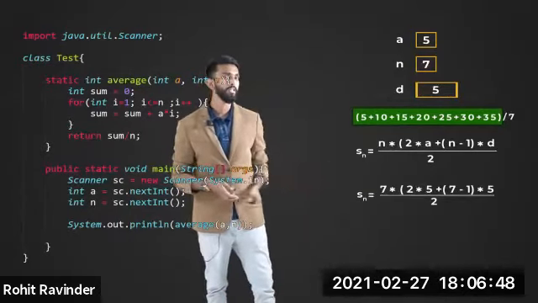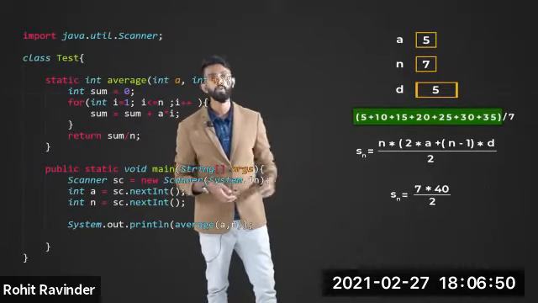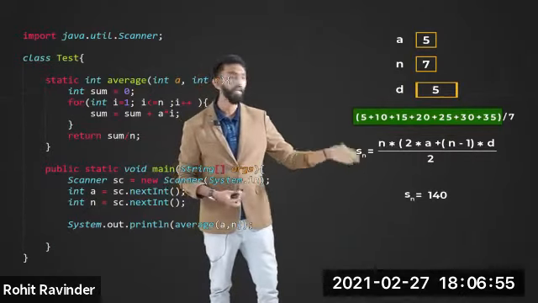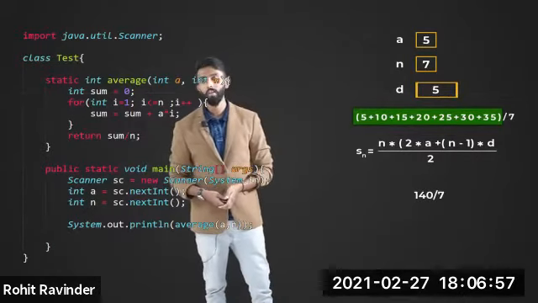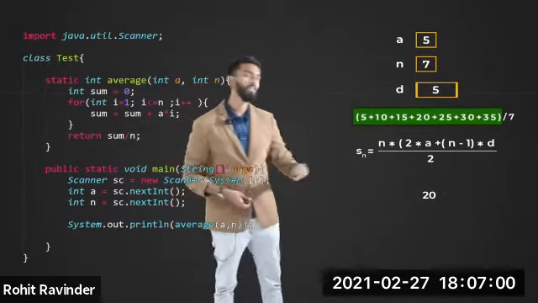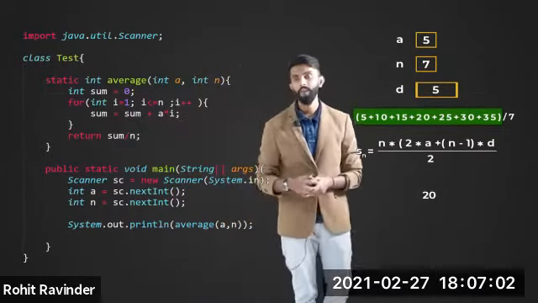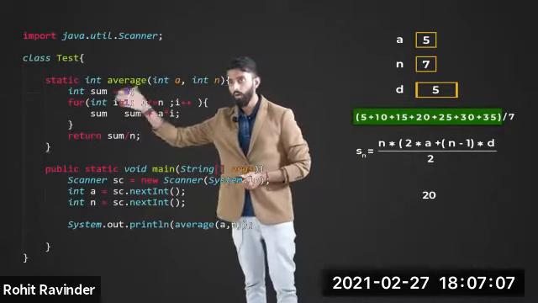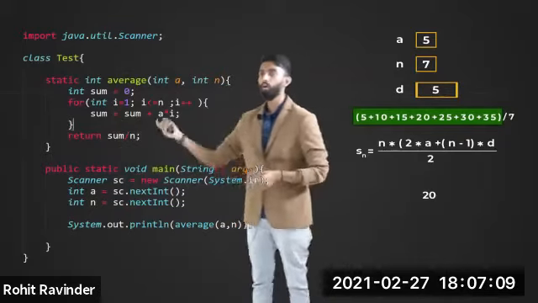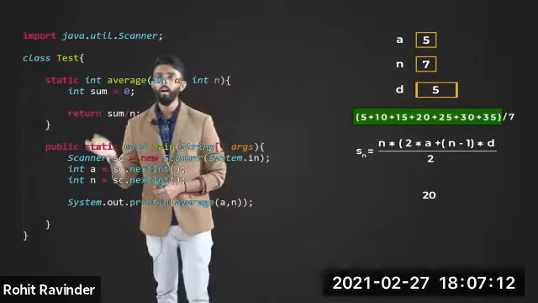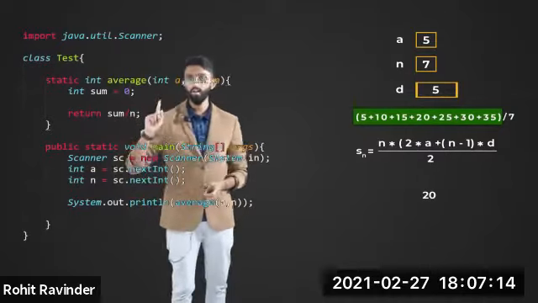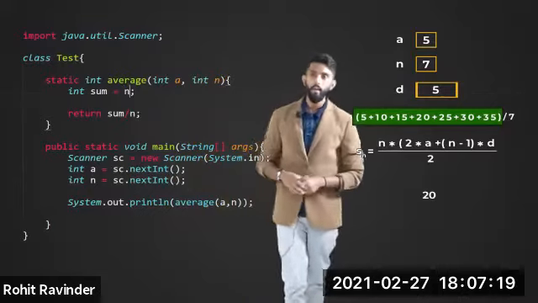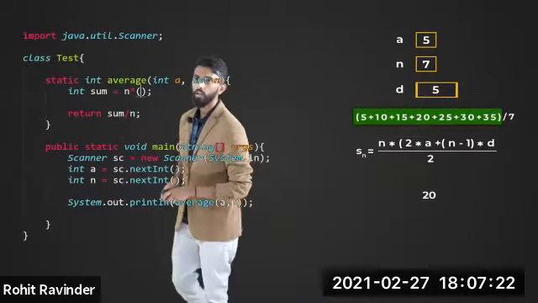Then all that is there is for you to write the formula, substitute the values, and upon substituting the values, you are going to get the same thing, which is 140. If you divide by the number of numbers, which is 7, you're going to get the same value, which is 20. As simple as that. So shall we directly do this? I'll go here, remove all this unnecessary for loop, and I will directly apply this formula. I'll remove that 0. Sum is what you want, isn't it? So I'll write n, n anyways you have, into, within brackets, 2 into.